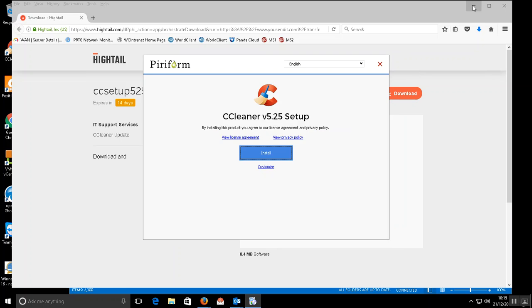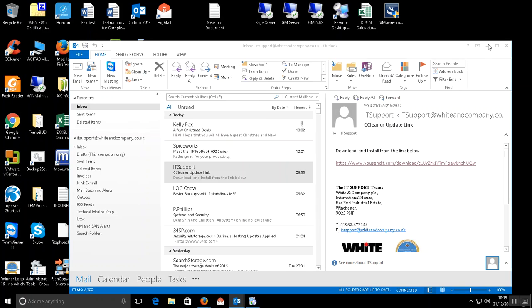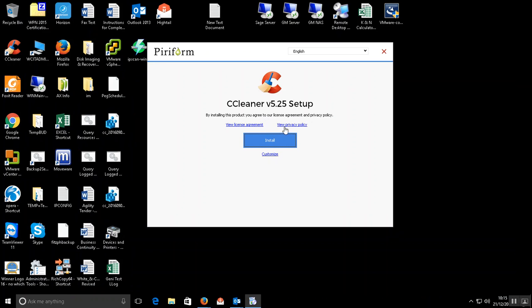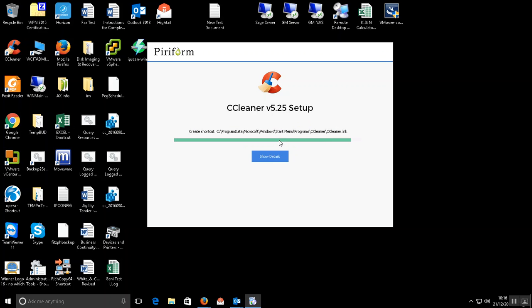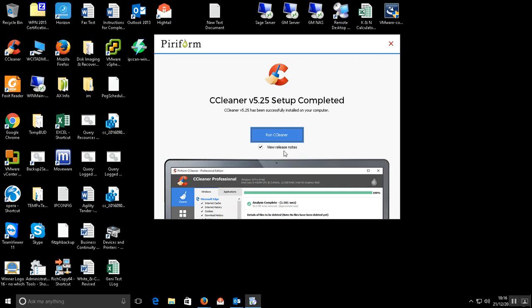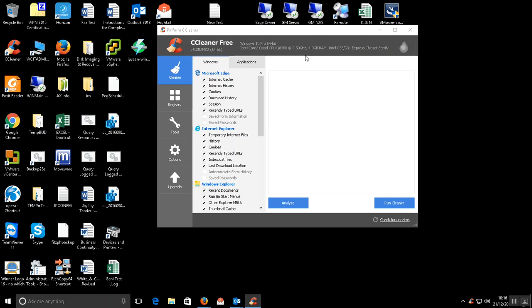What you will get is a prompt which indicates that it's launching the CCleaner 5.2.5 setup, and it's ready to install. So if we click on the install button now, and if it's completed successfully, you get a message saying it's completed. If you uncheck the view release notes checkbox and then just click Run CCleaner, just to make sure the